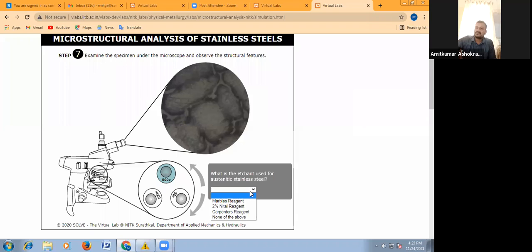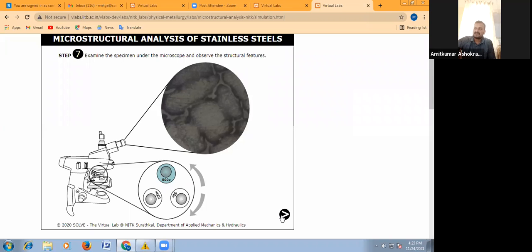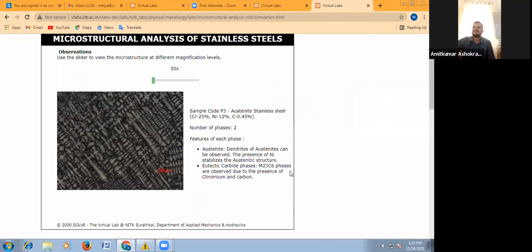Okay. The correct answer is Marble's reagent. That's the correct answer. After this, we'll move toward the next stage, and this is the final stage.